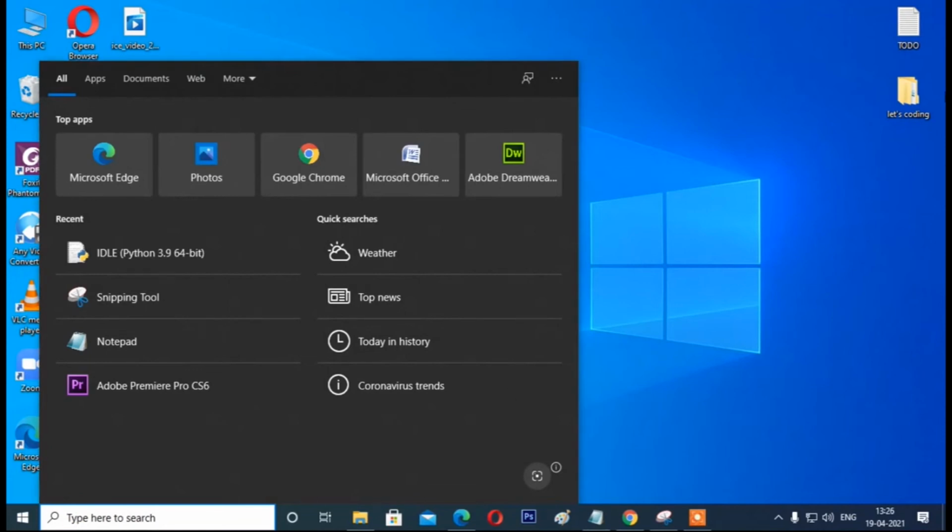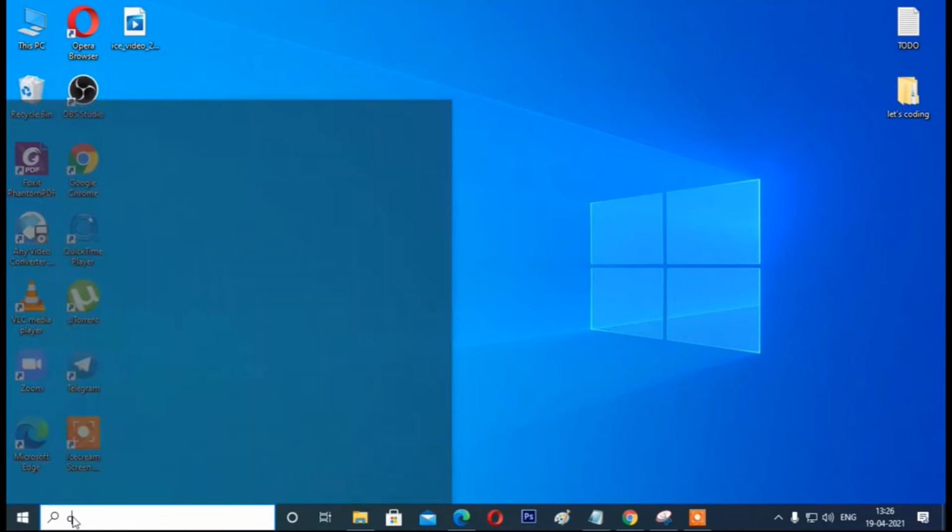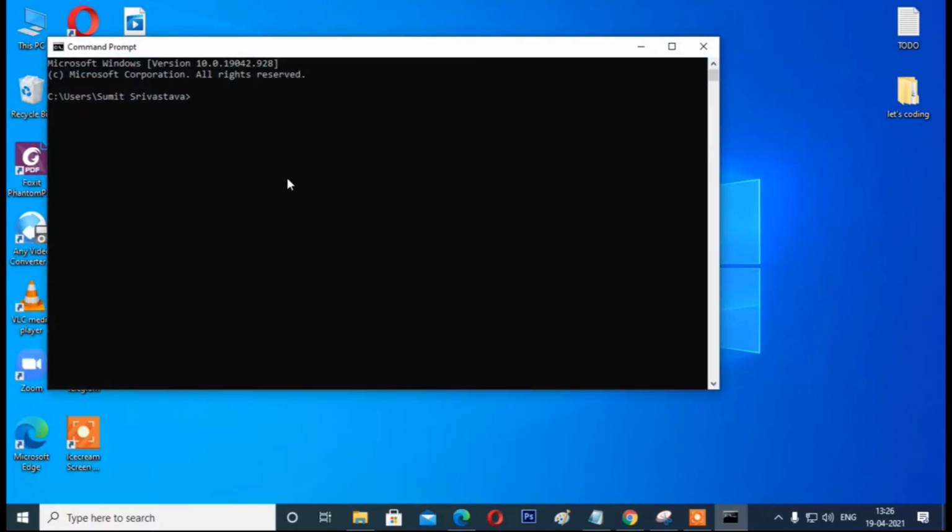For installing matplotlib or other external libraries, we need to move to CMD. Here in the CMD, right now it is in the C drive, user folder and Sumit Srivastava folder. So you need to put the cd / command here. It will redirect you to the C drive.